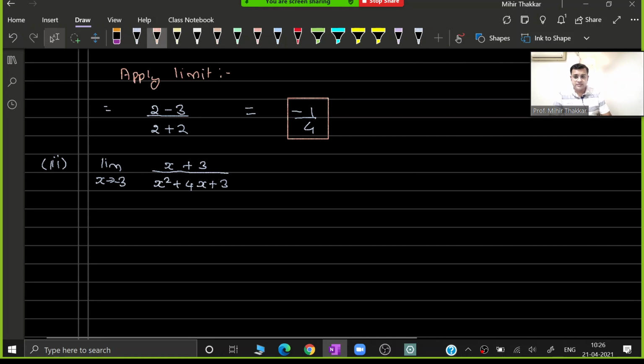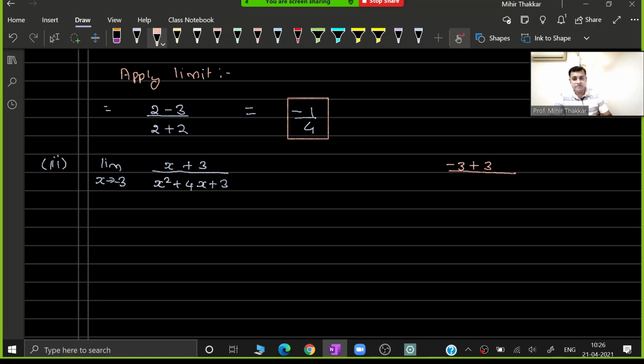So once again guys, in the same way, I will try to substitute the value of x as minus 3 in my rough work, and I will check if the denominator is becoming 0 or not. Numerator does not matter. If it becomes 0, does not matter. If it does not become 0, still it's okay.